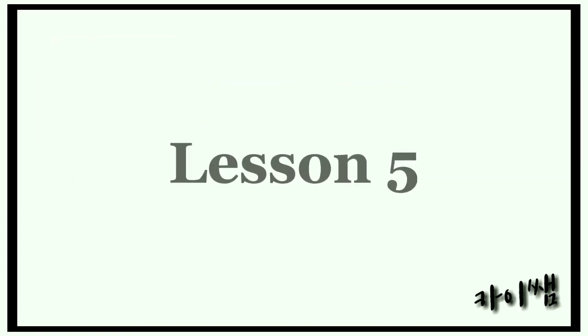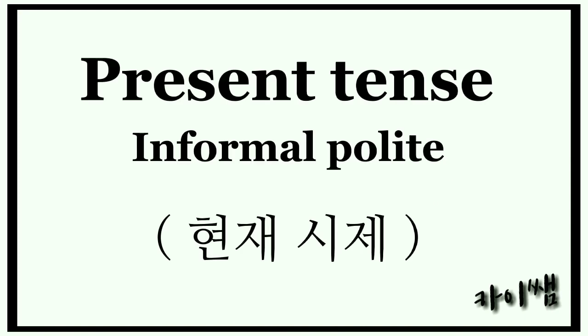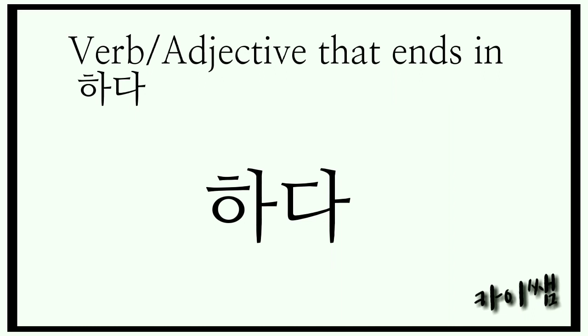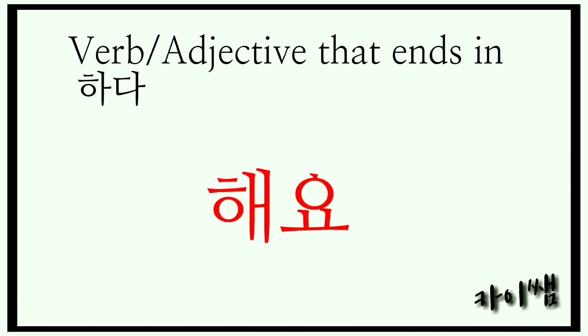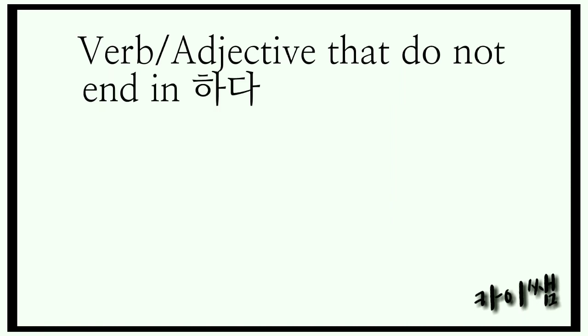So from our previous video, pinag-aralan po natin kung paano gawing present tense ang isang verb and adjective in informal polite form. At kung natatandaan nyo ang rules natin kapag ginagawa nating present tense ang isang verb and adjective into informal polite form, una, kapag ang verb and adjective natin ay nagtatapos sa hada, we will just change hada into heyo. At kapag ang verb and adjective naman natin ay hindi nagtatapos sa hada, so ang gagawin naman natin